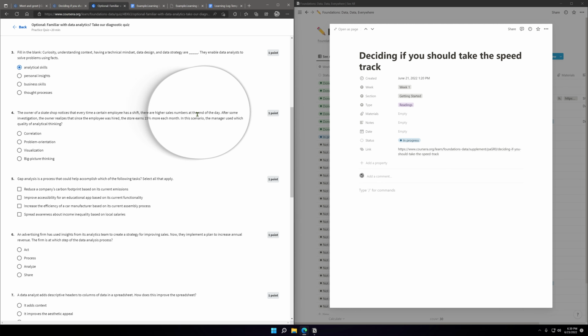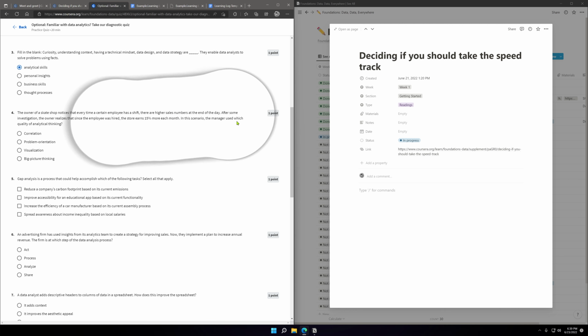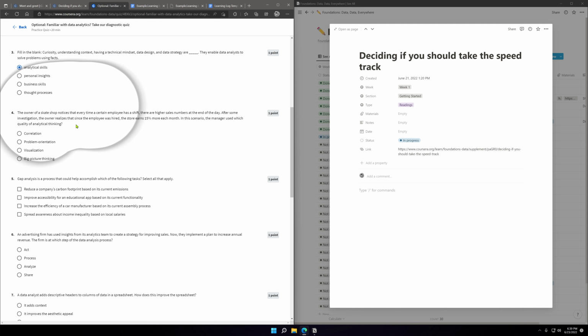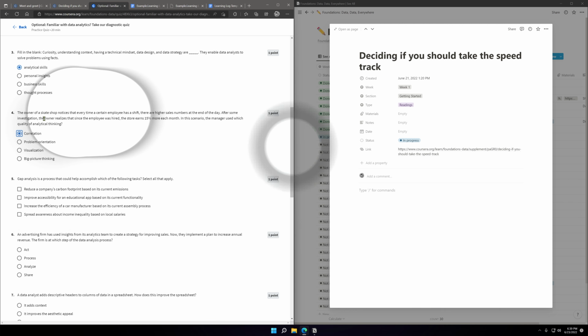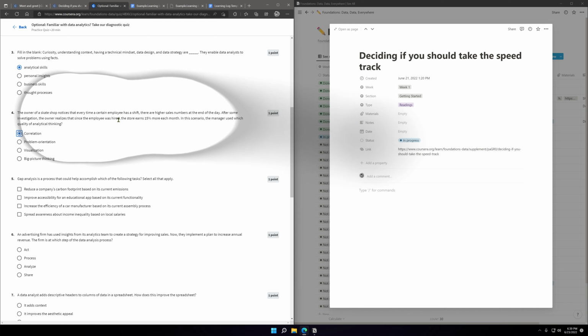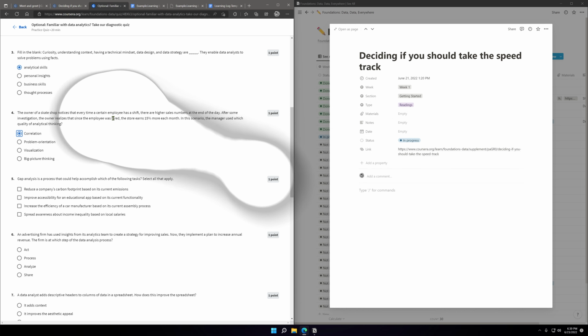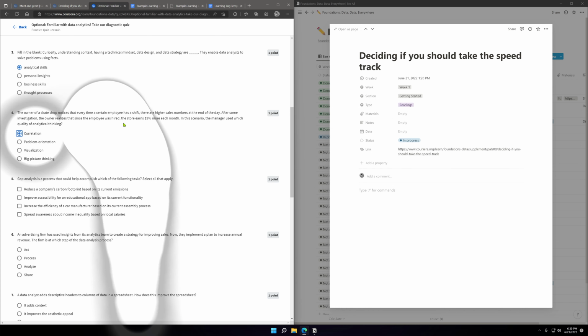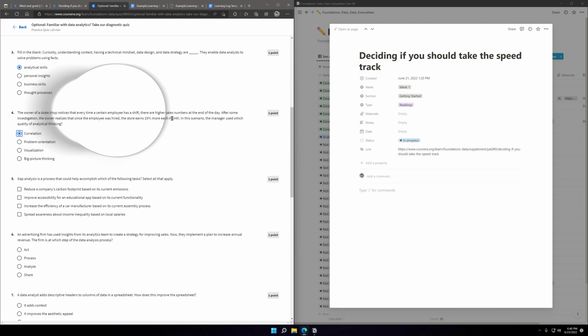In this scenario, the manager used which quality of analytical thinking? Correlation. But as we know, correlation does not necessitate causation. I think that's what the phrase is.